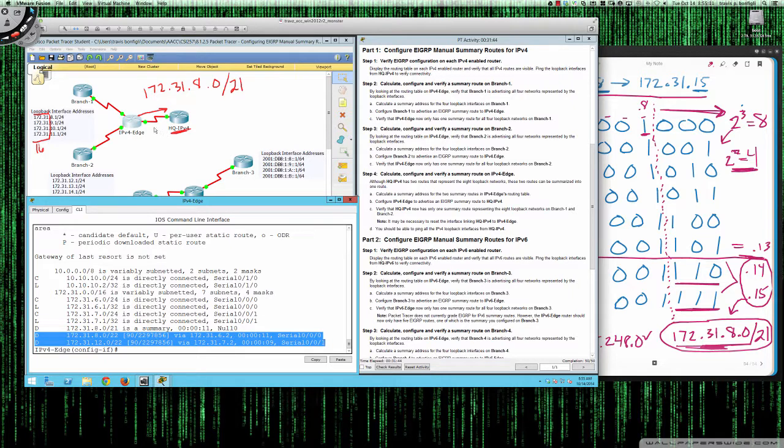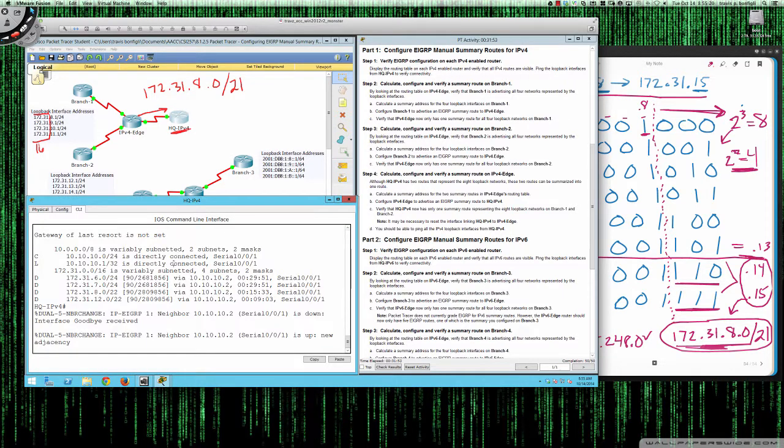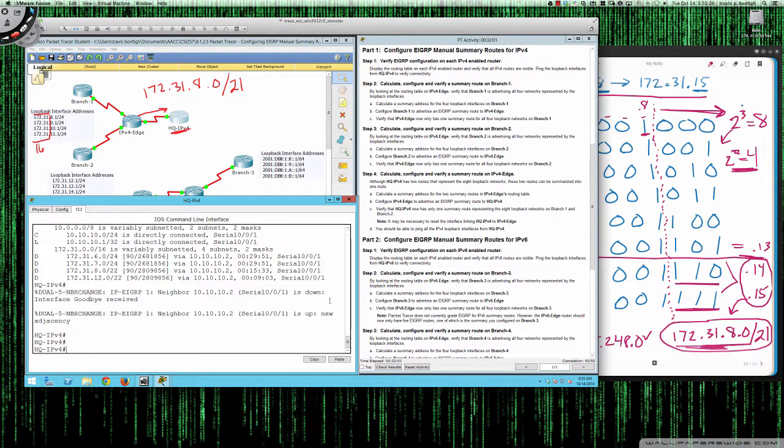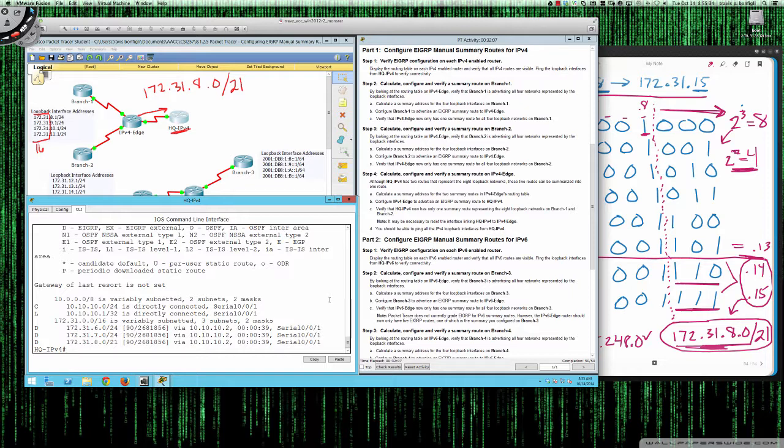What we're trying to do is we're trying to say, I want to summarize these 2 summaries I'm getting. I'm going to summarize those to HQ IPv4. And so now let's come back here to HQ IPv4, and you can clearly see that we were getting the 2 summaries, and it was great. But now we've been able to consolidate things even further. So if I do a show IP route now, you can see that we are now only receiving a single summary route,